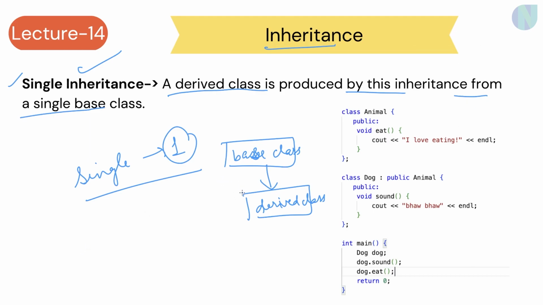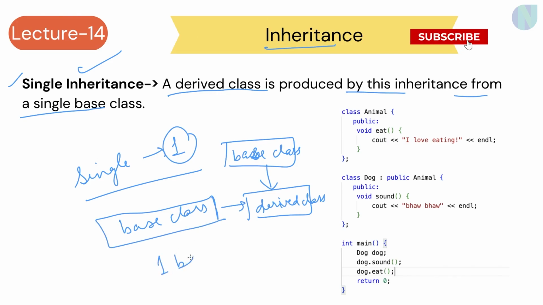You can also call single inheritance the primitive inheritance, because this is where we can achieve inheritance. A single base class is present here, and we are deriving all our properties from this particular single base class. So when one base class is there and one derived class which derives properties from the base class, it is called a single inheritance. So let's look at an example.